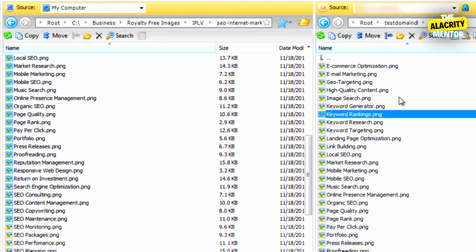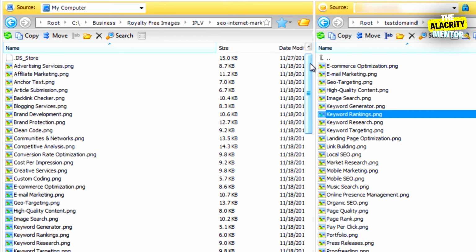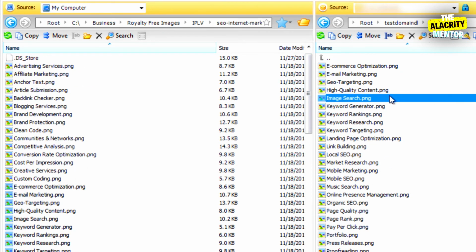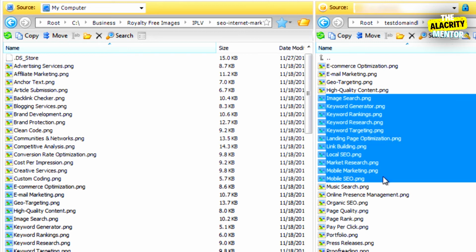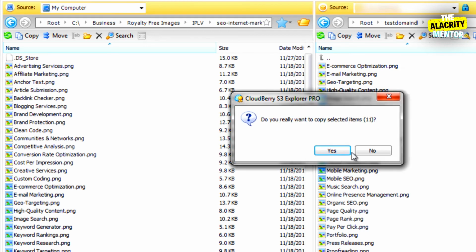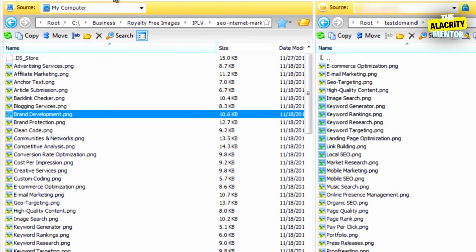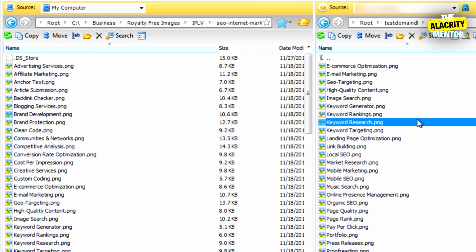Now, let's say, for example, that I want to transfer files from the actual S3 account back to my computer. I can select a certain amount here, move it over here, and then click yes. You can also change the source so that it is your website. You could click here and choose your website. Obviously, you need to configure all that, but you can select that so you can transfer files from your website directly to your Amazon bucket. So that's another option that you can take.